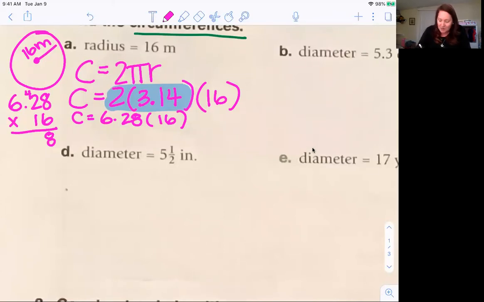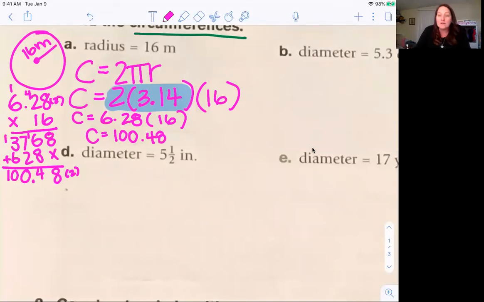6 times 2 is 12 plus 4 is 16. Carry my 1. 6 times 6 is 36 plus 1 is 37. Okay, and then I have an 8, a 2, and a 6. I'm going to add it all up, and I get 8, 4, 1, 0, 1, 1, 0, 2 decimals here, and I get 100.48. So my circumference equals